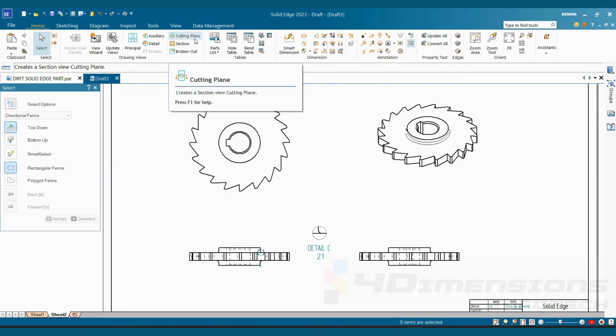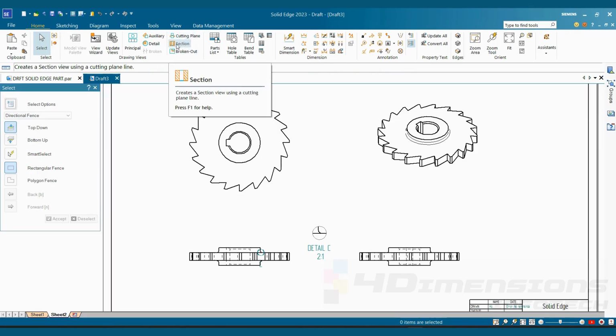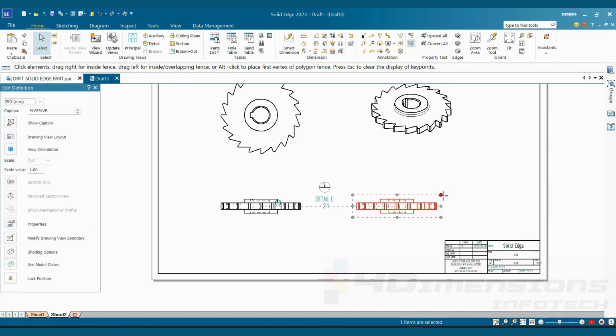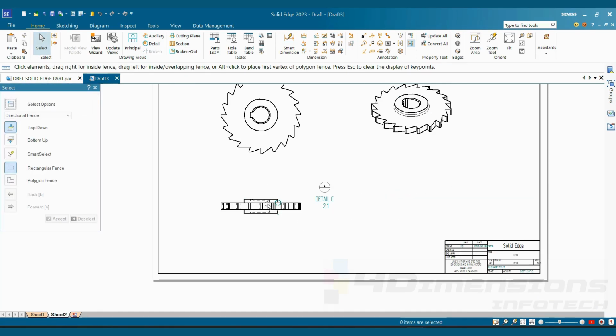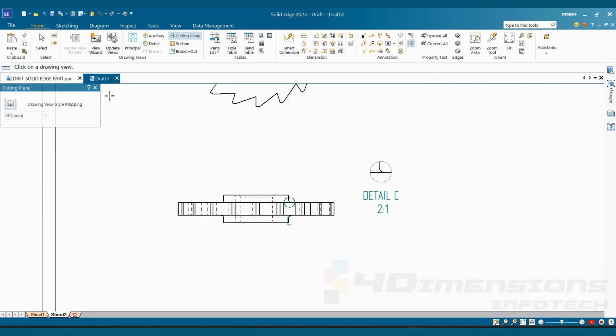First, we need to apply this cutting plane option, and then we need to apply the section view. If you don't apply the cutting plane option and you dive for the section view directly, you will not get the section view here. As there is no cutting line, there will be no section view. So to start with, I'm going to delete the side view here, and I'm going to take the vertical section of this front view, so as to highlight these particular chamfers here. Say cutting plane,